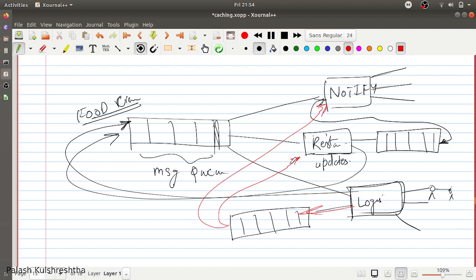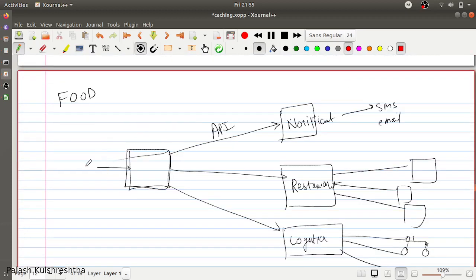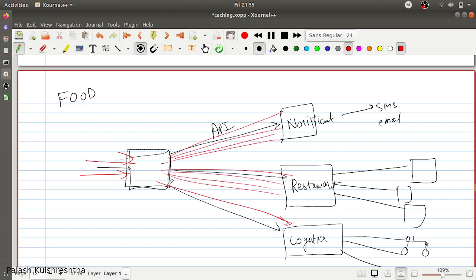So here we can see that all the systems are decoupled. They're not dependent on one another. They have sufficient buffering in place. So if any system is overwhelmed, it can read from the queue at the speed at which it can consume. Whereas in the previous example, if there are a lot of orders on the order system, they are going to be synchronously sent to the different teams, and if the number of orders is large, it can overwhelm the different teams and choke their systems, because they don't have a way to back pressure the system. They don't have any buffer in this system.